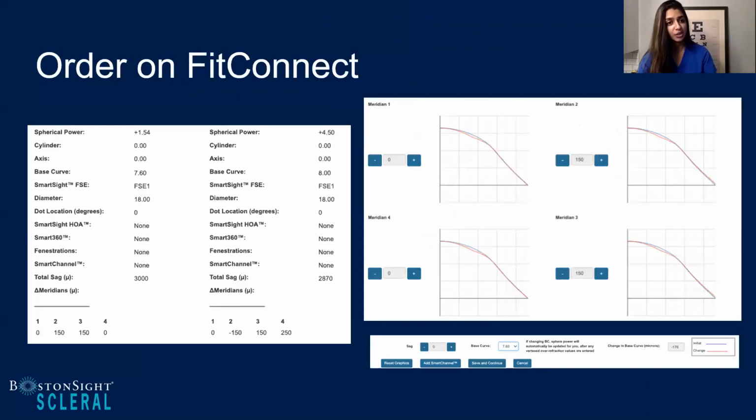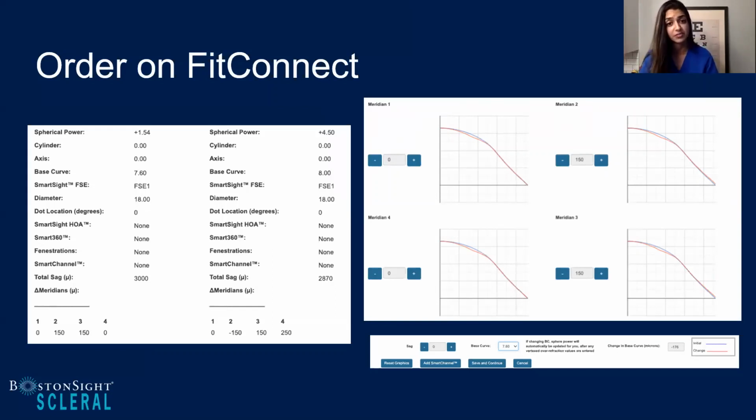So I went ahead and logged on to my Fit Connect. I utilized my diagnostic lenses, brought them up, and made some minor changes. This is a demonstration of the beautiful graphical program that we have on Fit Connect, where we can look at each individual haptic. There were some adjustments on the right eye where I flattened my meridian 2 and 3 by 50 micron steps to a total of 150.